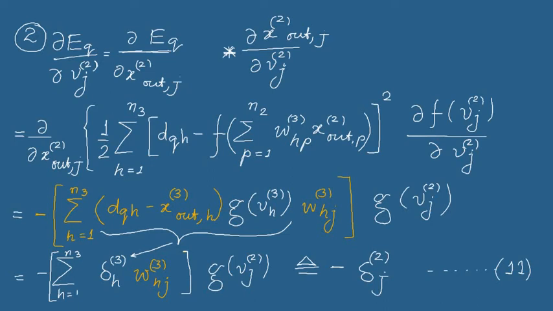So now when we use this d_qh minus this f of this weighted sum, then we need to take its derivative with x_out_j. Then what we get is, because we have here the square of this term, so we will get 2 times of this expression, and this half and this 2 get cancelled out, and we get d_qh minus x3_out_h, which is nothing but this expression,